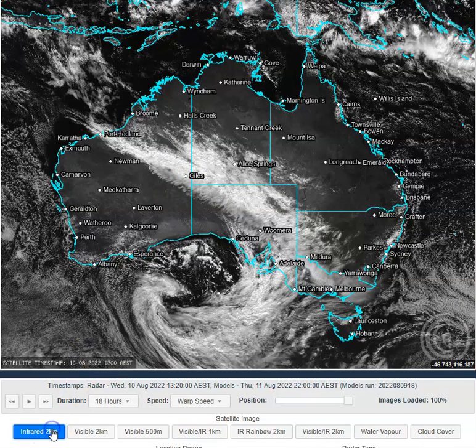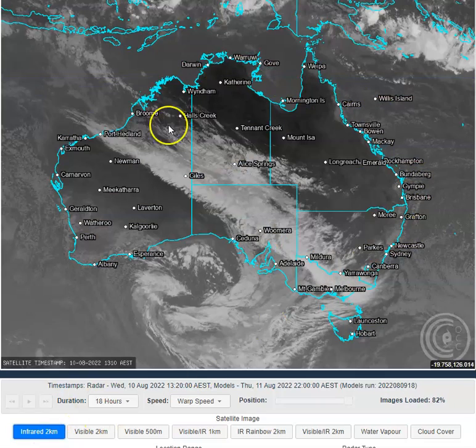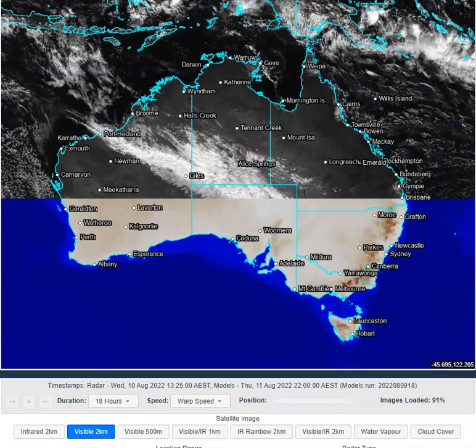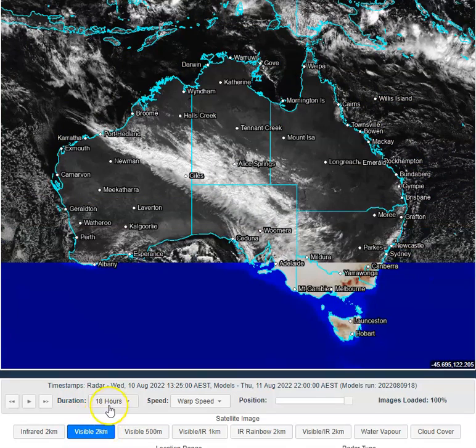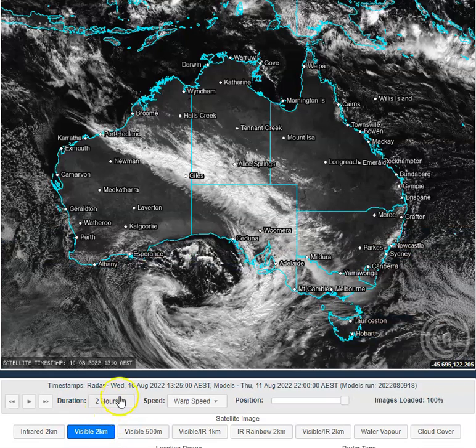Satellite imagery is offered in infrared black and white, which is this on your screen there. It's also offered in visible black and white at 2 kilometre resolution levels. That's not a very high resolution for visible imagery, but it's what you find on the Bureau of Meteorology's website, for example. When we take a closer look at some of the better images available to us, we have the